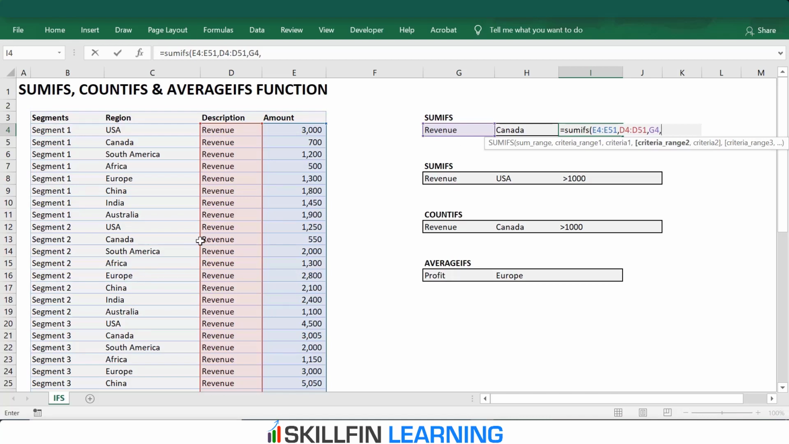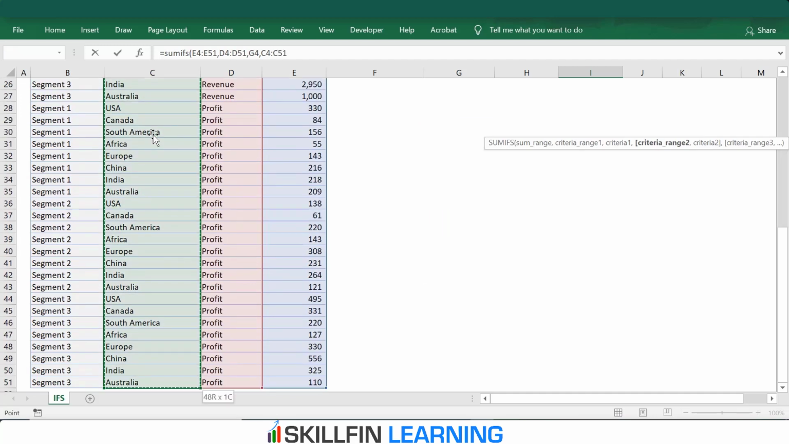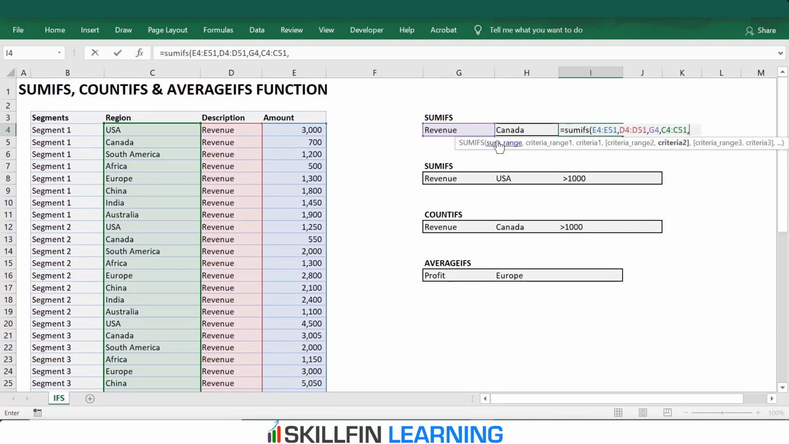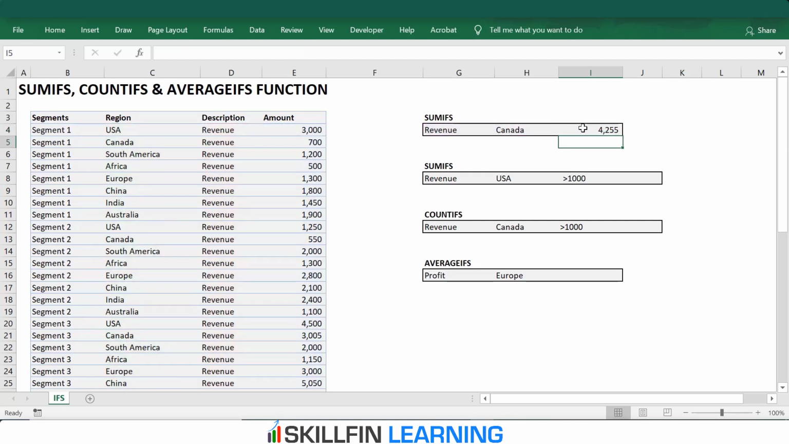So the second criteria range is the country which we want to select. So we will select column C and then press Ctrl Shift and down arrow key again to select the entire range. Press comma. Now it is asking for criteria 2. So criteria 2 is the selected country. Now close the bracket and then enter. So we get the revenues for Canada, which is